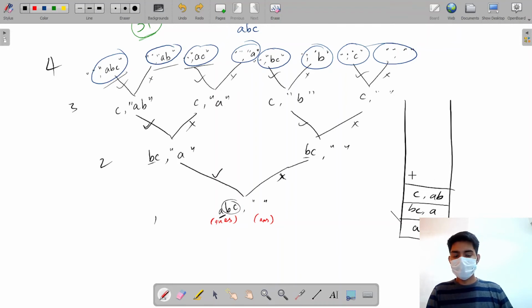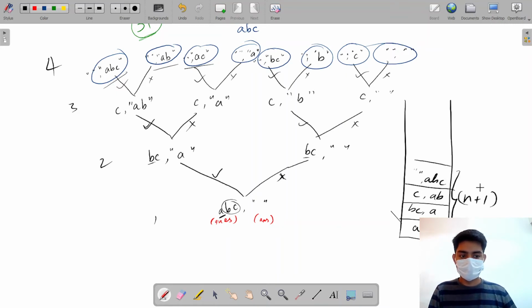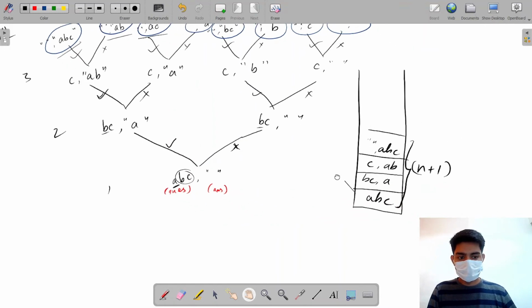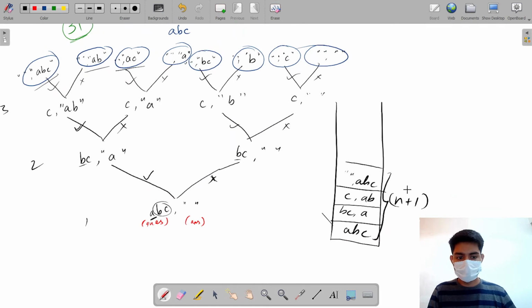So you can see that at max, we had something like this, ABC. So at max here, we have n plus 1 levels. In my stack, I have n plus 1 levels, and every level has how many characters? N characters.